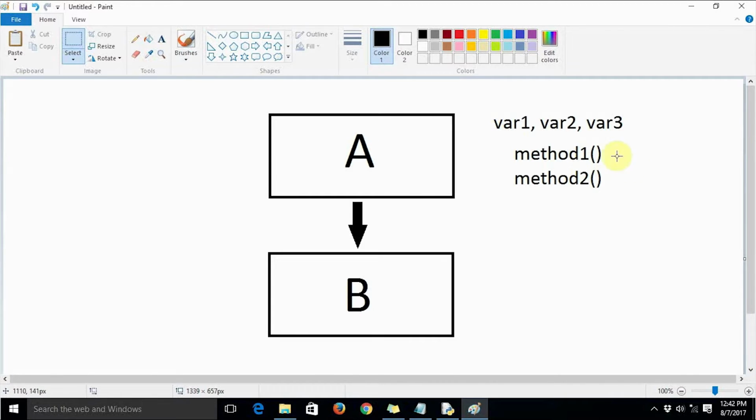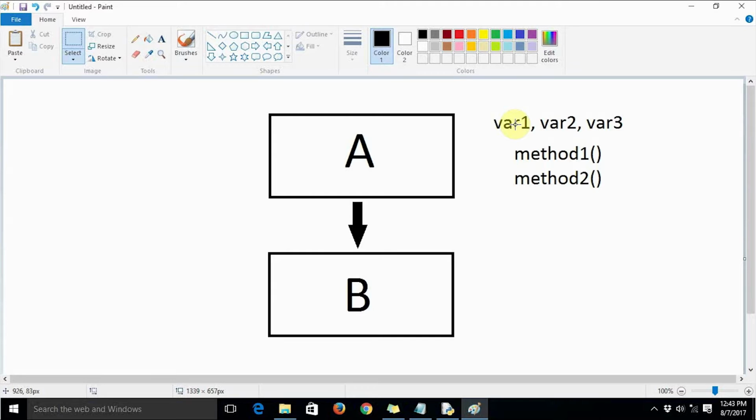So we have attributes as well as behaviors for class A.